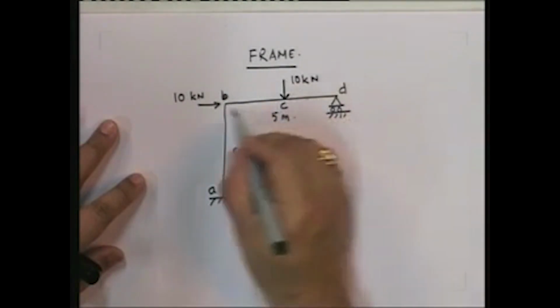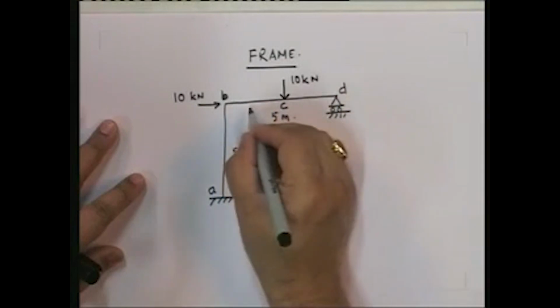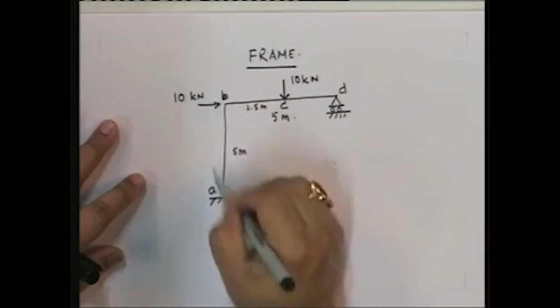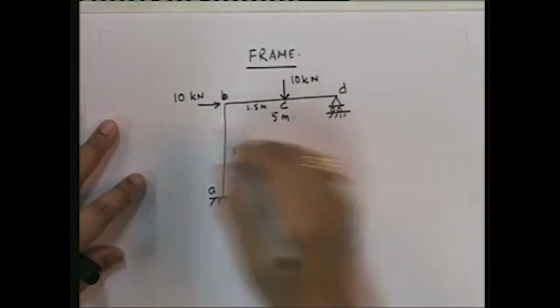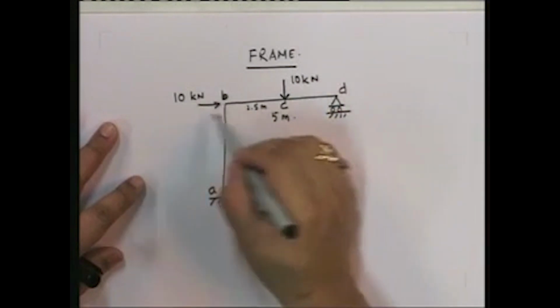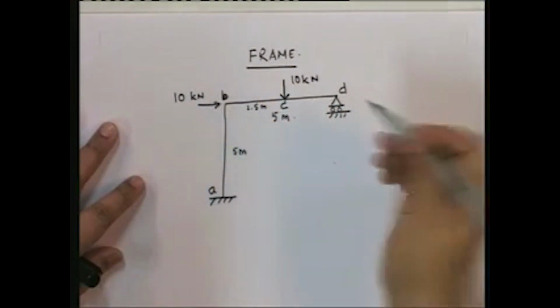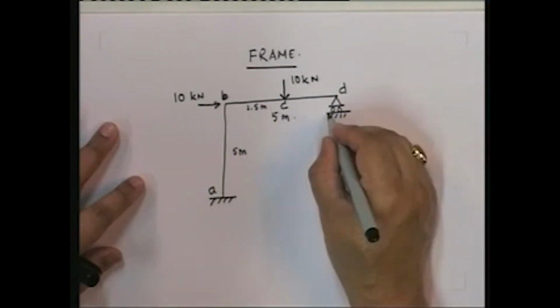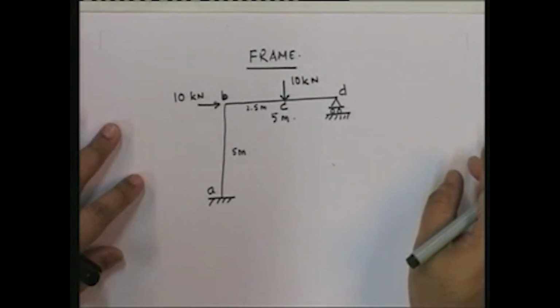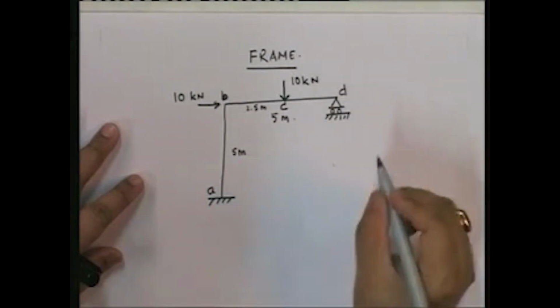This is acting at the center span, so it's like 2.5 meters. And this is acting at B, a lateral load. This is a typical kind of load you'd have, a gravity load and a lateral load due to wind or maybe even earthquake, it doesn't matter. So this is the load, and we have to draw the bending moment diagram